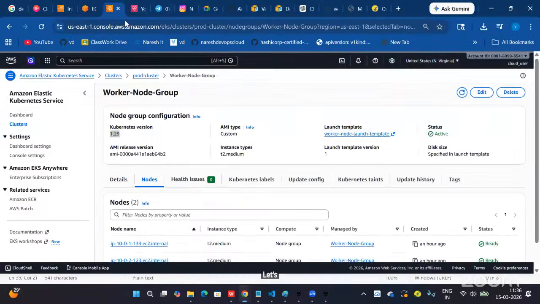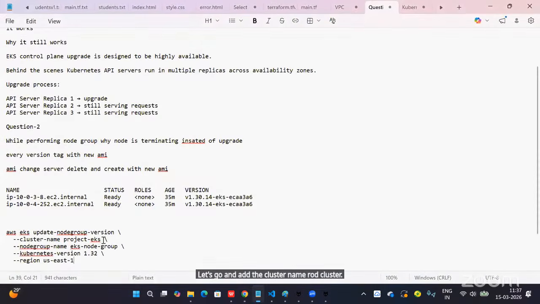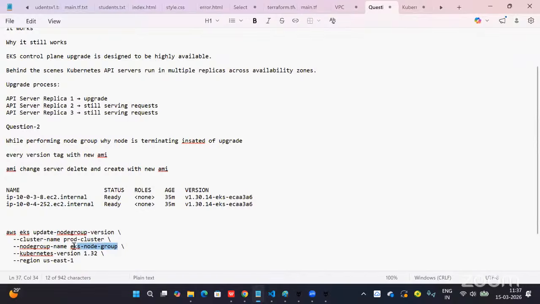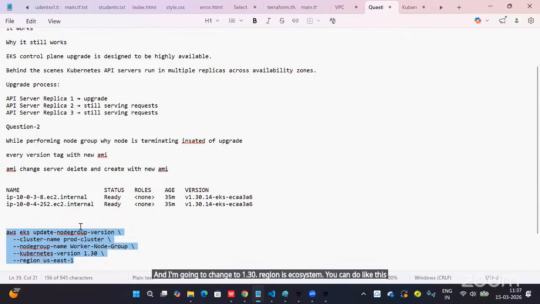Let's add the cluster name, prod cluster. And the node group name is worker node group, and I'm going to change to 1.30. Region is US East.